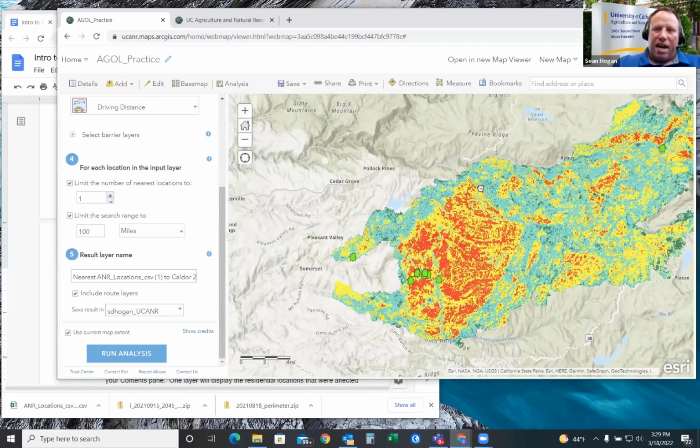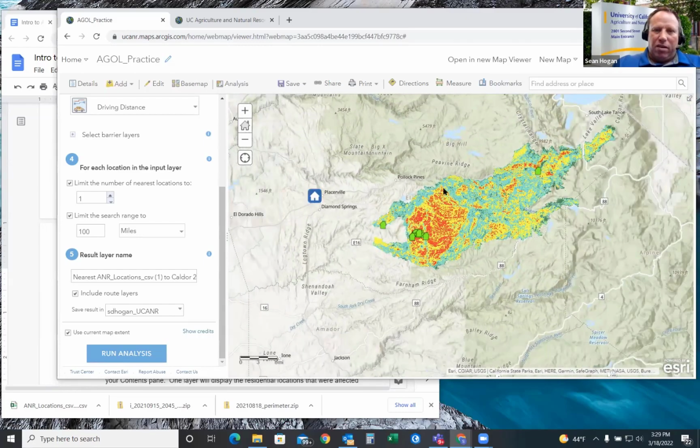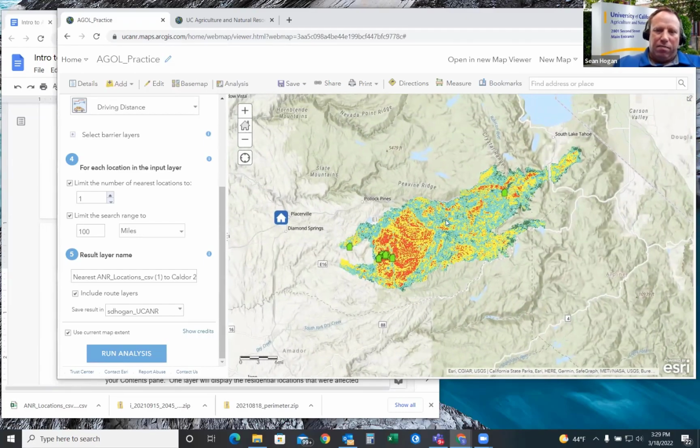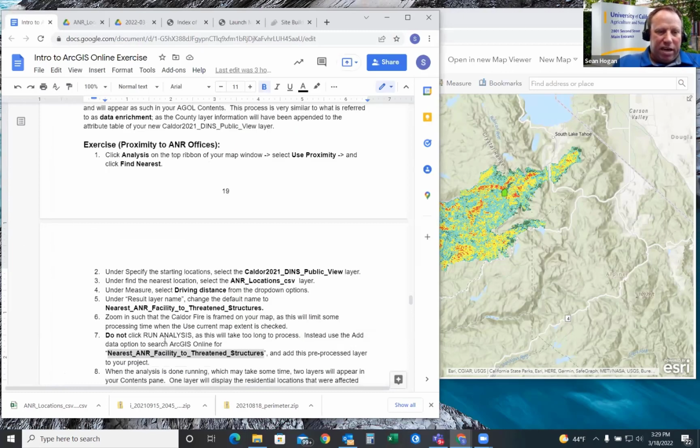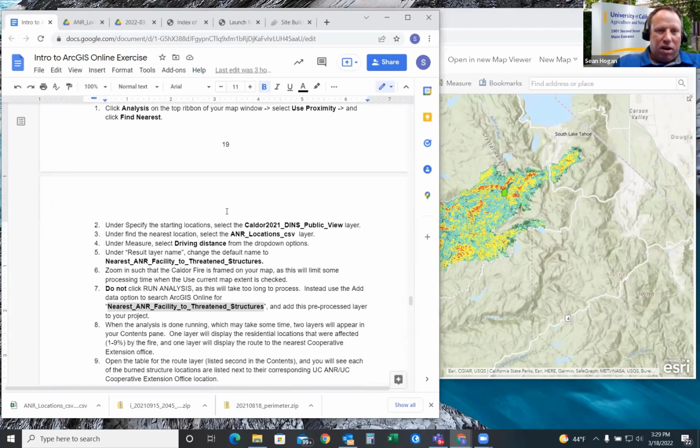So I'd want to make sure I have the office. I might have to zoom out a little bit to get the office and the structures. And then I could click run analysis, but again, that's going to take 2 or 3 minutes. All the processing is fairly slow, but to save yourself time, I showed you here down on step 7 on